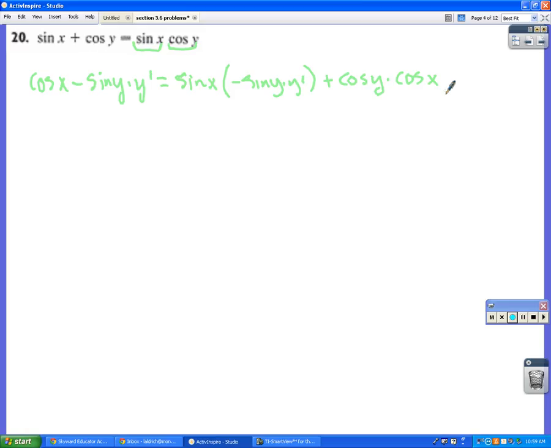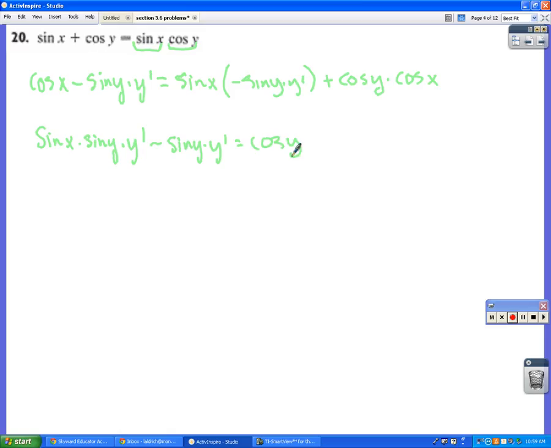Okay? All right, so everybody with the y prime is on the left. So that's going to give me sine of x, sine of y times y prime minus sine of y times y prime